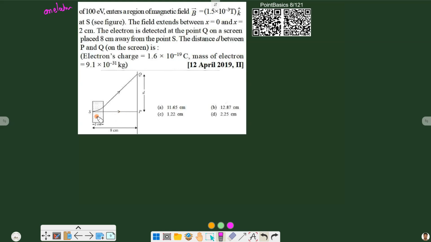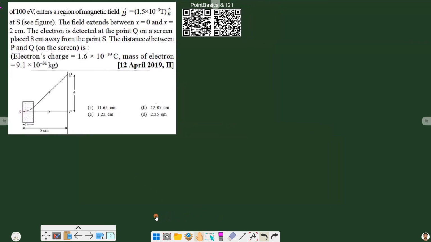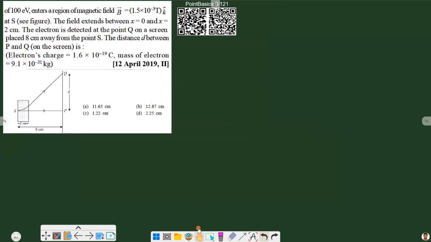So first of all, what we will do here is find out the coordinates of the point where the electron is leaving this region of magnetic field. We have to find at what point it is leaving this region. After that, when the electron leaves this region and reaches this point, suppose this point is point A,